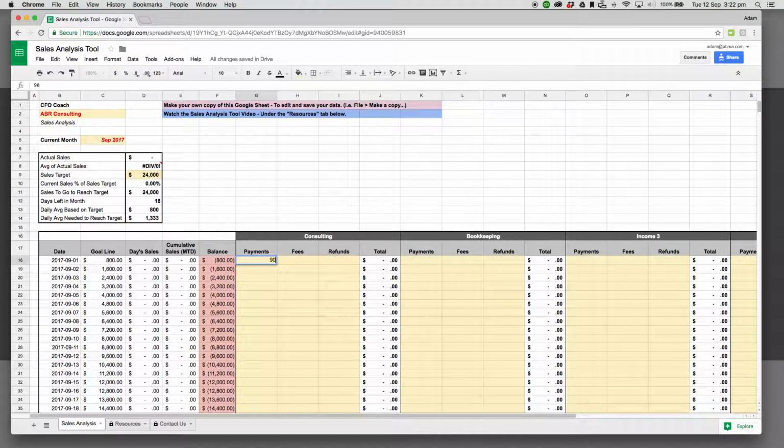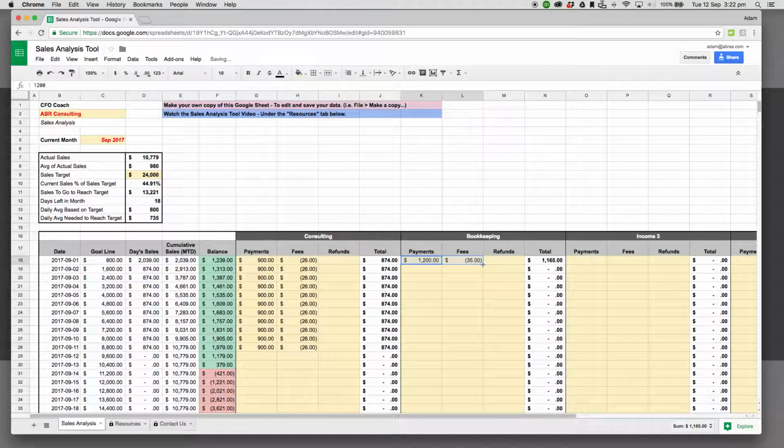So let's say it was $900 for this first day. Let's say the fees are roughly that amount. Then let's say we got $1,200 for bookkeeping. Let's say the fees were roughly about that amount. And let's just say, for instance, we generated that all the way down, the same every day until yesterday. And